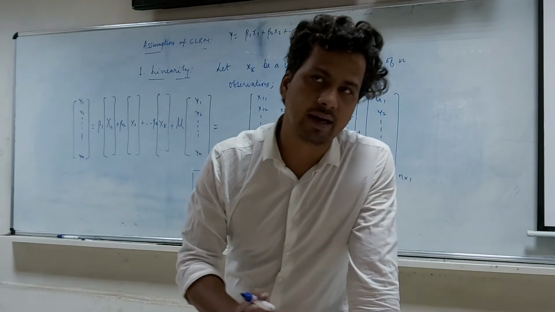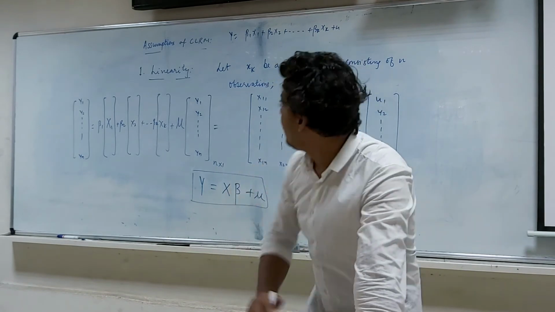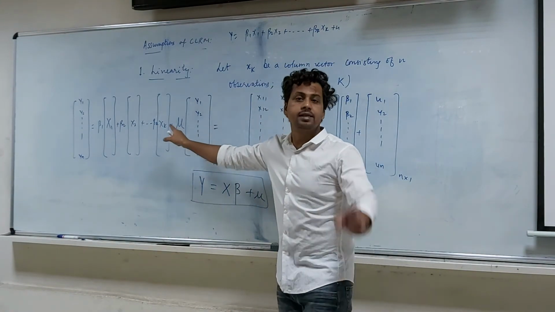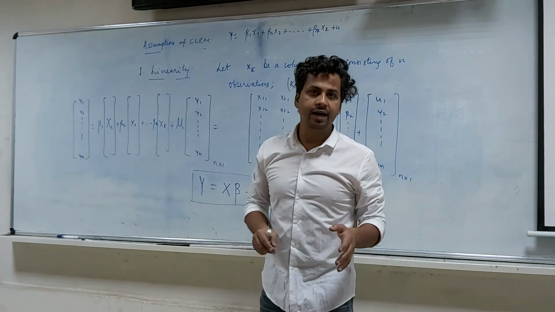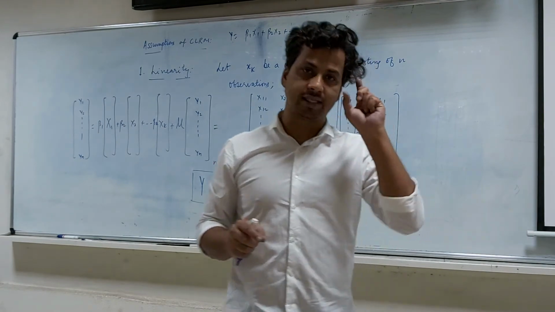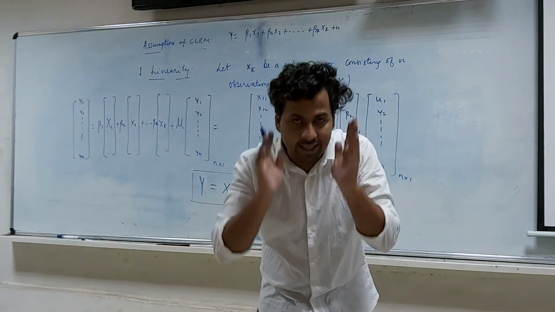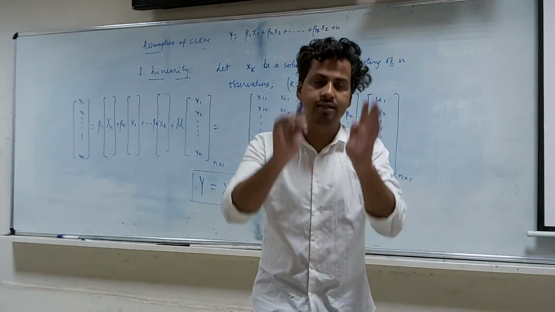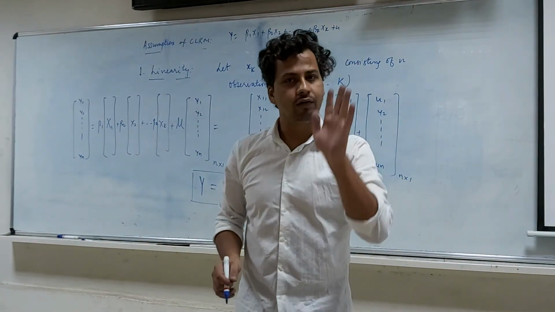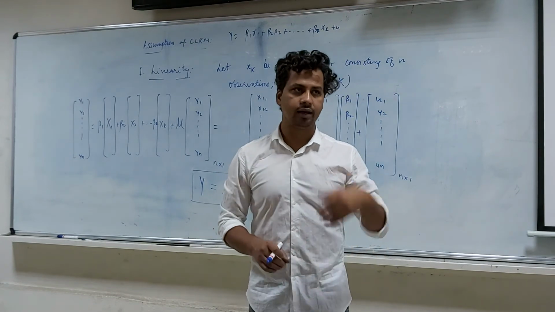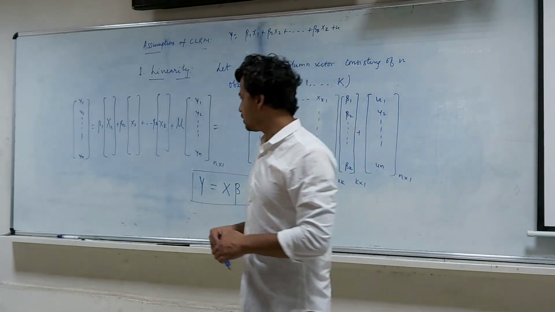But keep in mind that the assumption of linearity refers to the manner in which the parameters and the disturbance term both enter. Disturbance term entering linearly means the disturbance is additive in nature, right? So please keep this in mind that if the disturbance term is multiplicative in nature, you cannot estimate your model. So linearity refers to the manner in which parameters and the random error term enter the equation and not necessarily the variables. So I wind up my lecture here. In the next lecture, we move forward with the second and further assumptions.